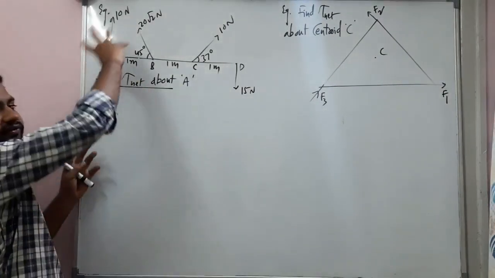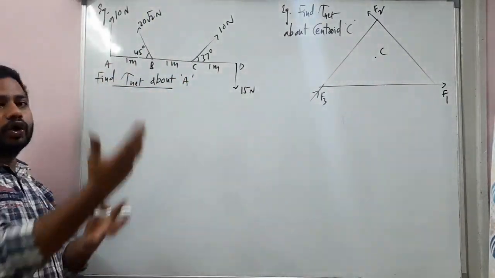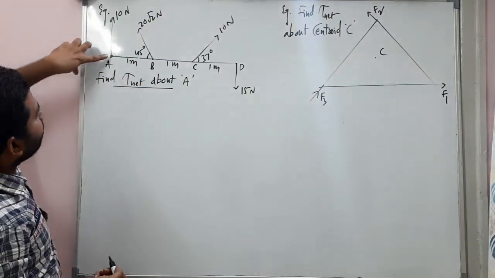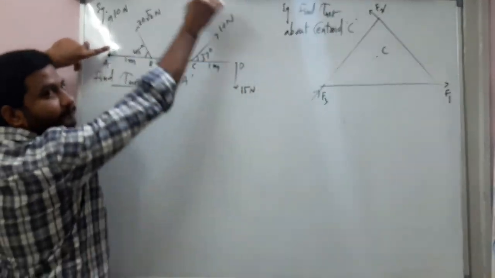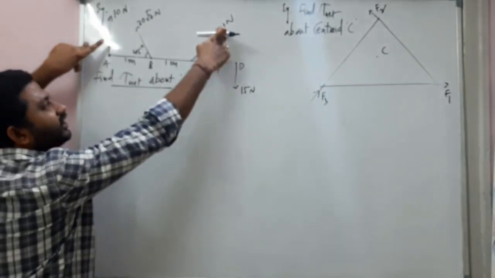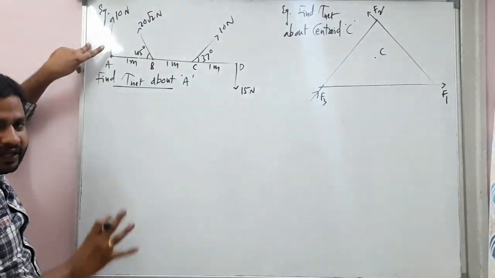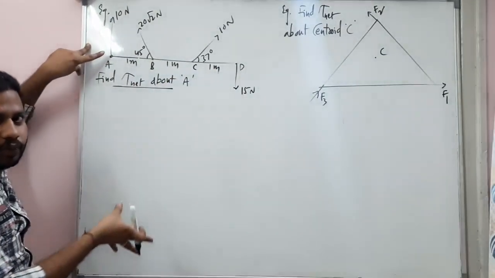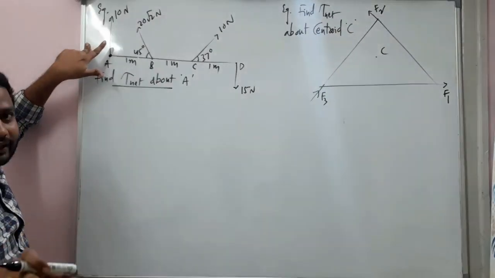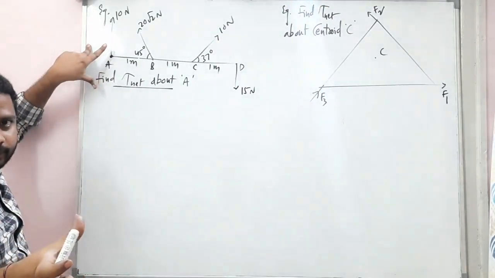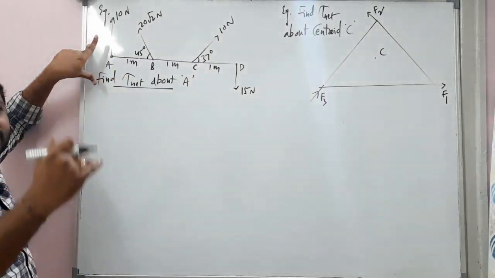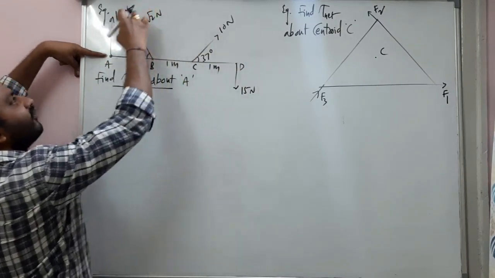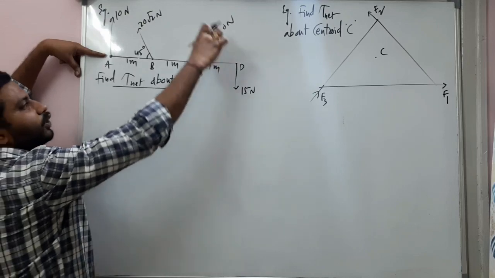Due to all the forces, the rod will rotate about this point that they have given. About this point, the rod can rotate due to this force, this force, this force, this force. There is some net force acting on it, and due to that, the rod will rotate. We are talking about rotational motion. You should not say force; you should say a torque is a force which can produce a rotational effect. That's it. About this point A, due to all these forces, a rotational effect is produced in the rod.